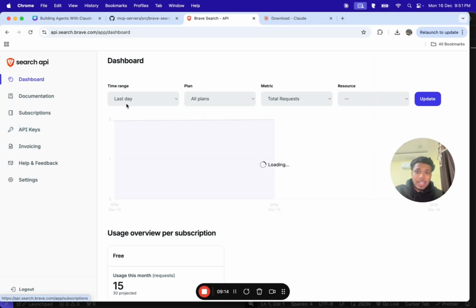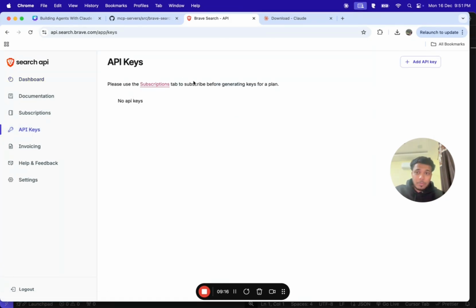Go to API keys. By the way, you will be on the free account, but to be able to use this API key, you need to validate your account using a credit card. They won't charge you anything, it's just for verification. So, go to API keys, and if you don't see anything, you should be able to add a credit card and then see this screen again. If you have any questions, any issues, keep everything in the comment section. I'll reply to your comments.